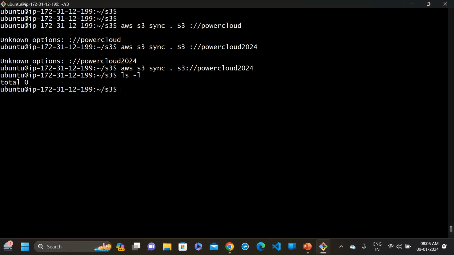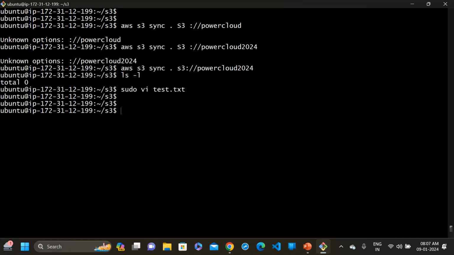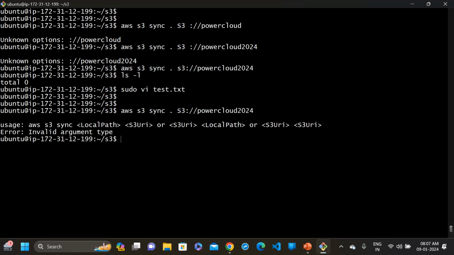Let's make some file there, sudo vi test.txt and write something, hello, right, and save it, and let's again synchronize it. See what will happen. We can see here aws s3 sync, give a dot, right, and don't give any space there, right, and the bucket name, and press enter. What will happen? It will work, but